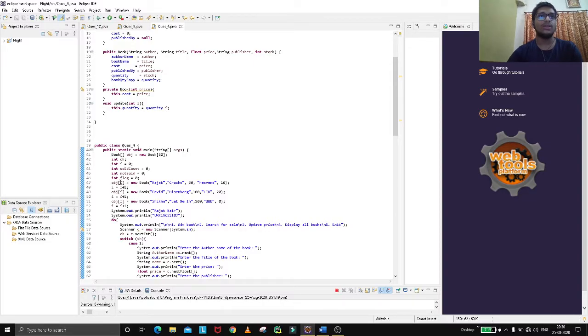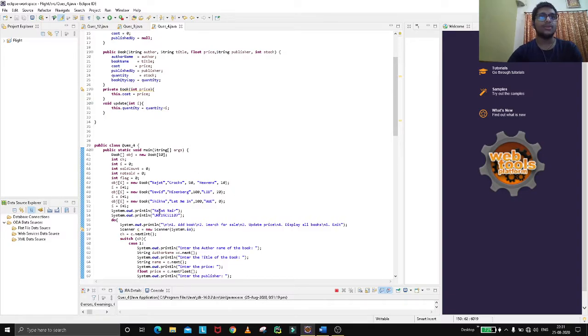So here it will go 0, then i changes to 1, then 2, going on like this by i equals i plus 1. We have created three objects so that the bookshop has some books and authors.